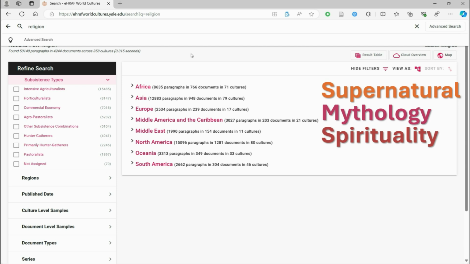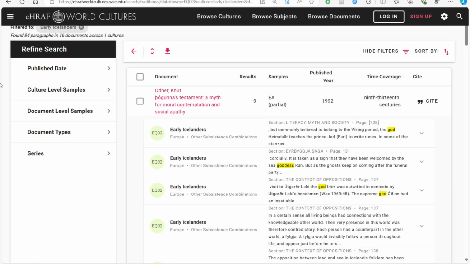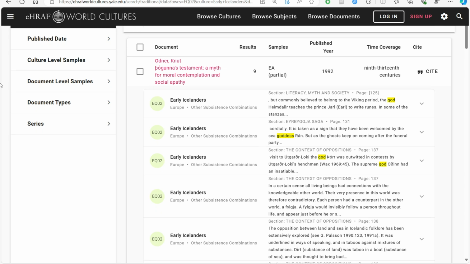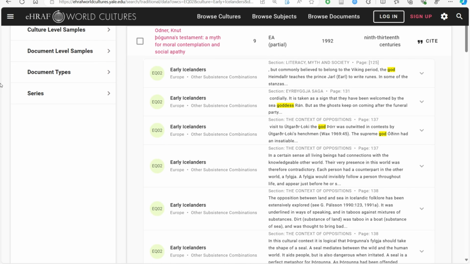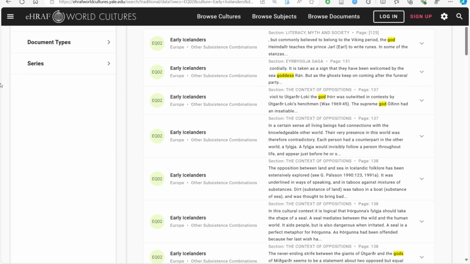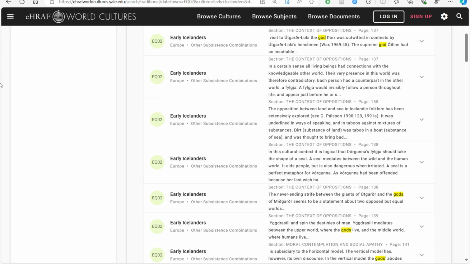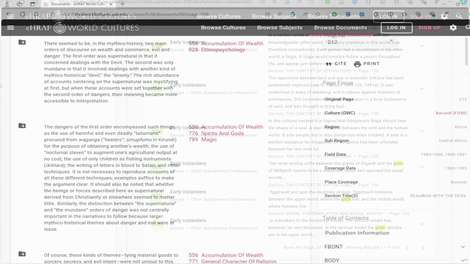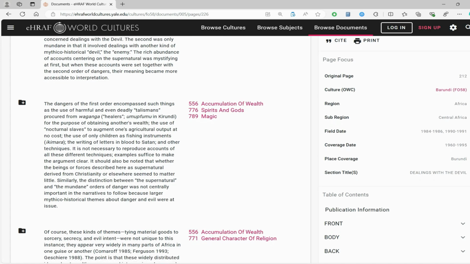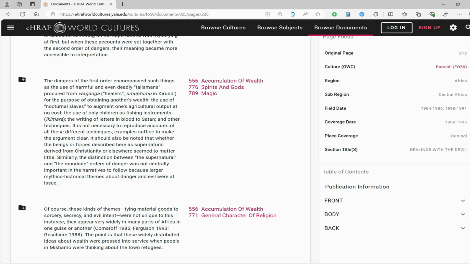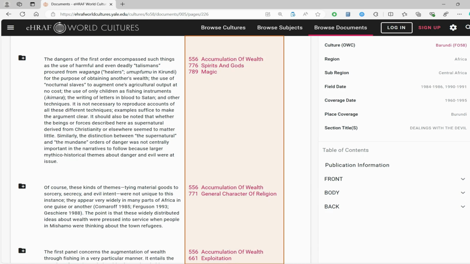Keywords may also be insufficient if you are only interested in specific subtopics, such as belief in a god or gods. Fortunately, the Advanced Search feature in eHRAF World Cultures also allows you to search for texts by their assigned subject categories. Every paragraph in every document contained in eHRAF World Cultures has been subject indexed by a trained anthropologist